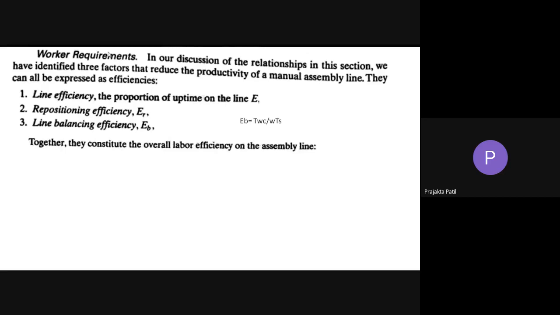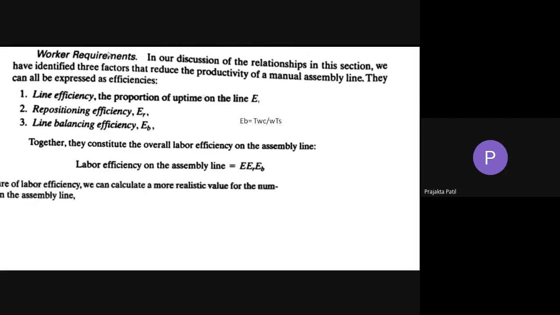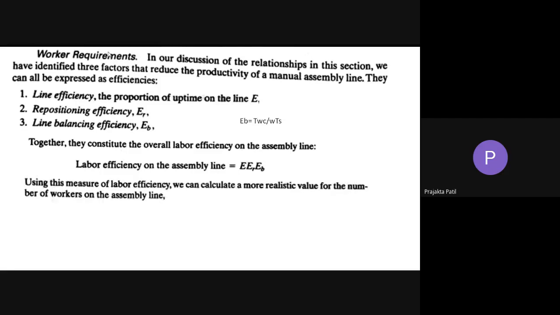So by considering this overall labor efficiency, you can find the number of workers required. How do we get it? It is the product of all three efficiencies, that is E into ER into EB. Using this measure of labor efficiency, we can calculate a more realistic value for the number of workers on the assembly line, and it is given by this equation.